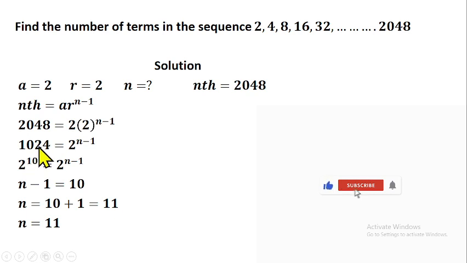Then that will give us 1024 equals 2 raised to power n minus 1. Then you can change this 1024 into index form with a base of 2. That will be 2 raised to power 10. Then the base can take care of the base. Then we have 10 equals n minus 1 left. So from there, we can find the value of n by collecting like terms. So n will be 10 plus 1, that will give us 11. So n is 11. That means we have 11 terms between 2 and 2048. Do we understand that? Good.